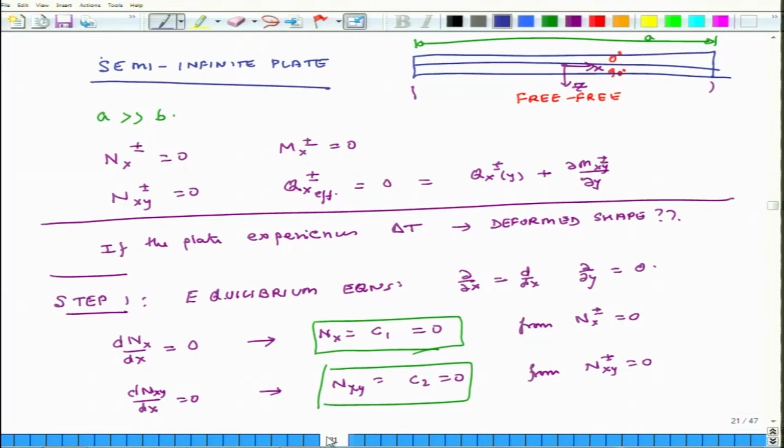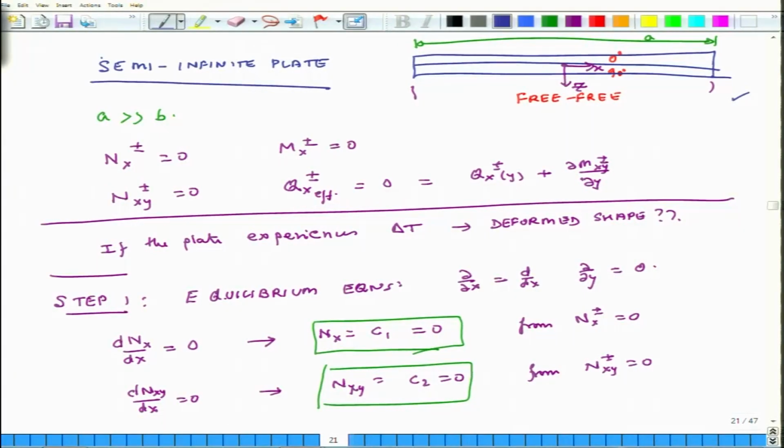At the close of the last week we started touching upon the issue of thermal stresses and thermal strains, because these types of stresses and strains are very important, especially in the context of laminated composite plates, because they are associated with the manufacturing of these plates. In that context we had developed equations of equilibrium and also modified ABD relations for these types of plates which have inbuilt thermal stresses and strains.